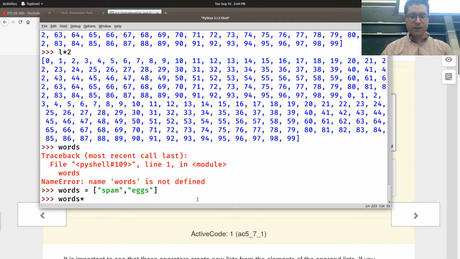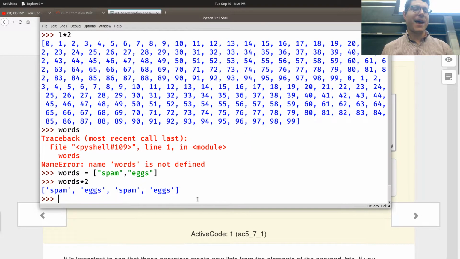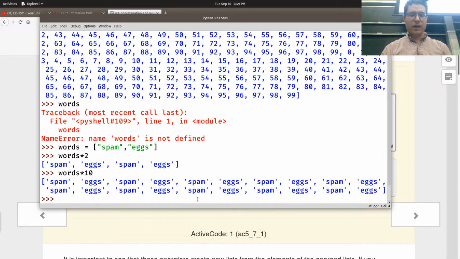Words times 2: spam, eggs. Words times 10: spam, eggs, right? We can also do spam plus eggs. So basically what I'm trying to show you is that